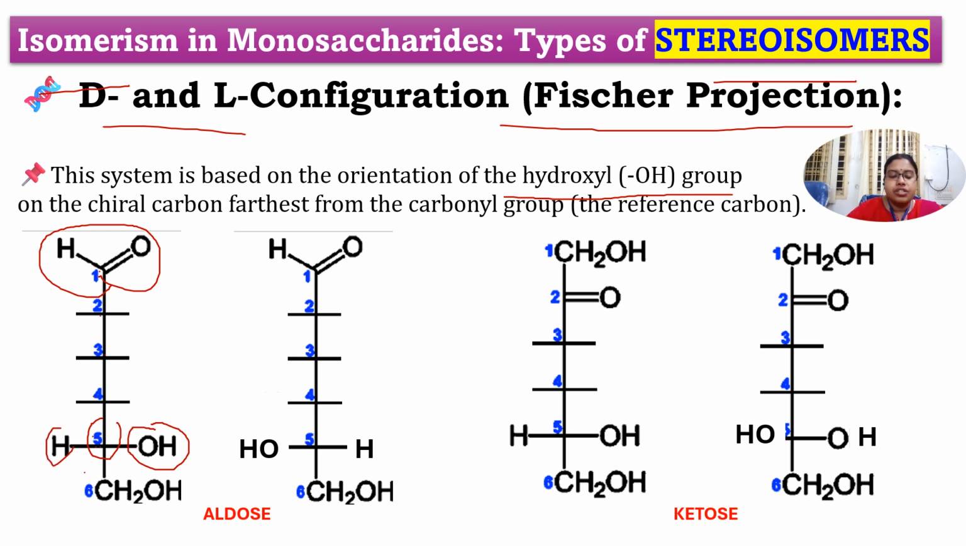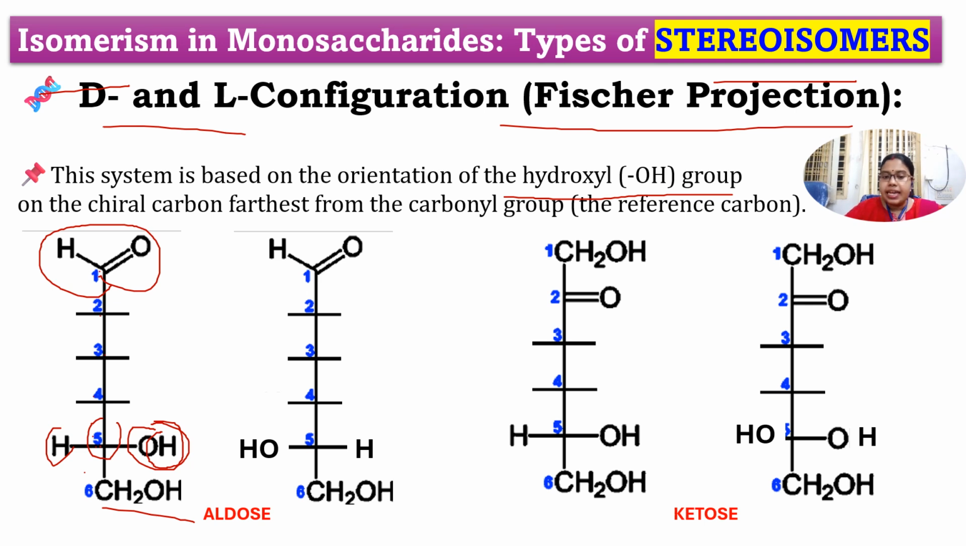On one hand hydrogen, one hand OH, one hand CH2OH and another hand this group. So 4 different groups are there. So this is the chiral carbon. So it is the orientation of the hydroxyl group of the chiral carbon farthest from the carbonyl group, that is the reference carbon. So with respect to this CHO group, the farthest chiral carbon is the C5, and the orientation